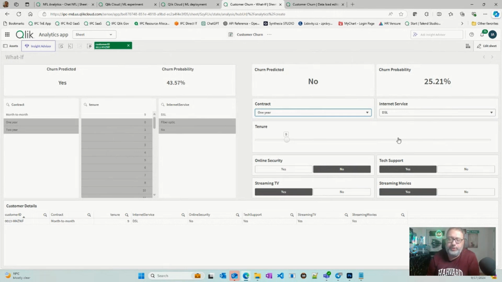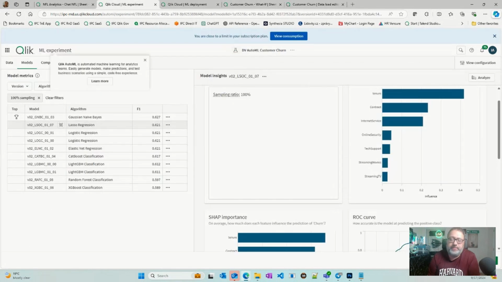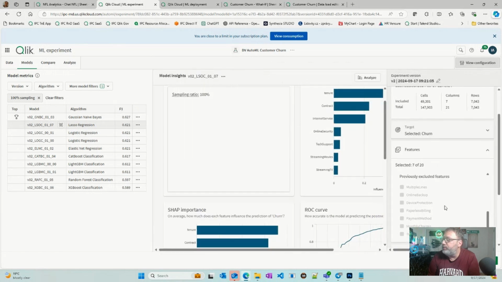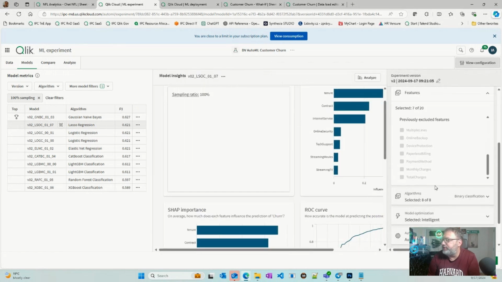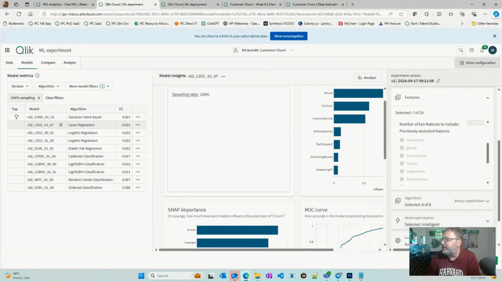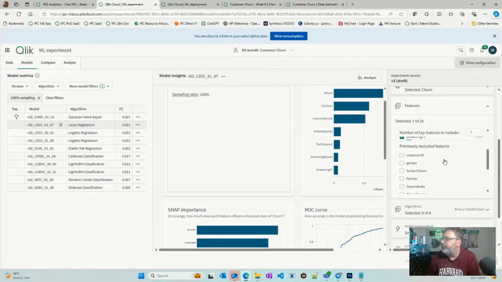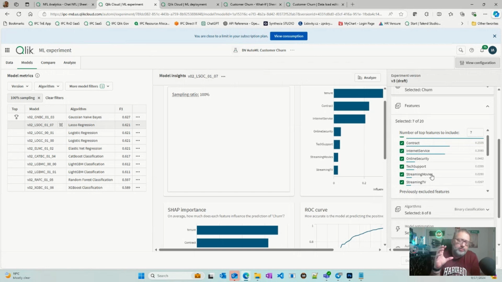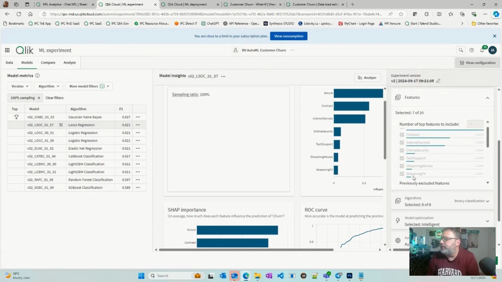Well, before I show you how we do it, let's just review a couple of things that we need. First, you need to create an AutoML experiment. Once you have your model trained and you're happy with your model, I recommend you remove all of the features where the feature importance is too low, which is what I did here. Let's get a new version so I can show you. Remove all of these features. Let's keep only the features, the columns that actually make a difference, make an impact. So then you deploy.